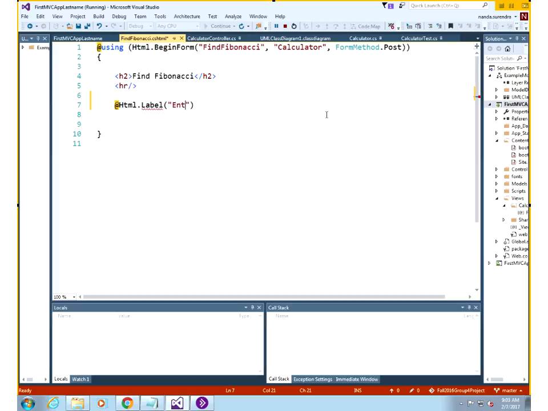So here, for example, I just say enter term or Fibonacci term, something like that. Basically we are saying, okay, go ahead and enter whichever term you want to view. That's a label that shows up. And then